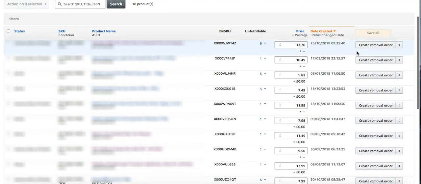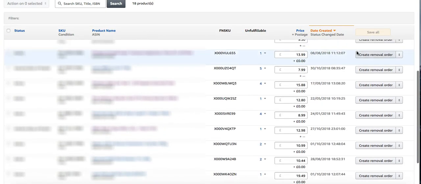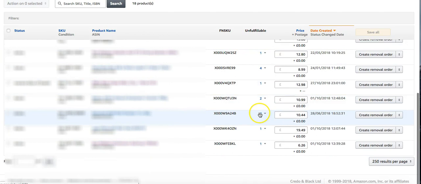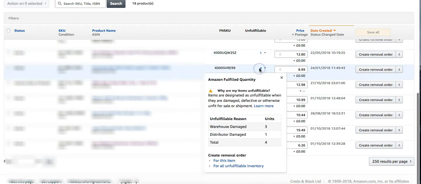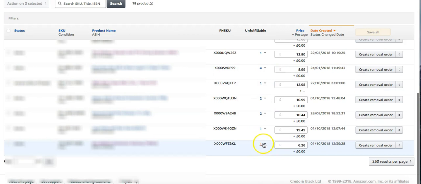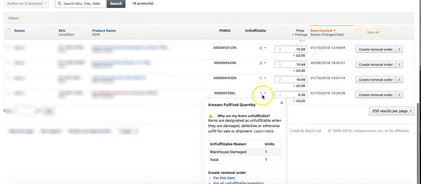And I'll explain this. So you can see here I've got a list of many different products, and it will say how many of that item I've got. So if we click here, you'll see distributor damage here for this one. Click this one, it's got 1 distributor damage and 3 warehouse damage. And we can just see what else they've got. Warehouse damage,